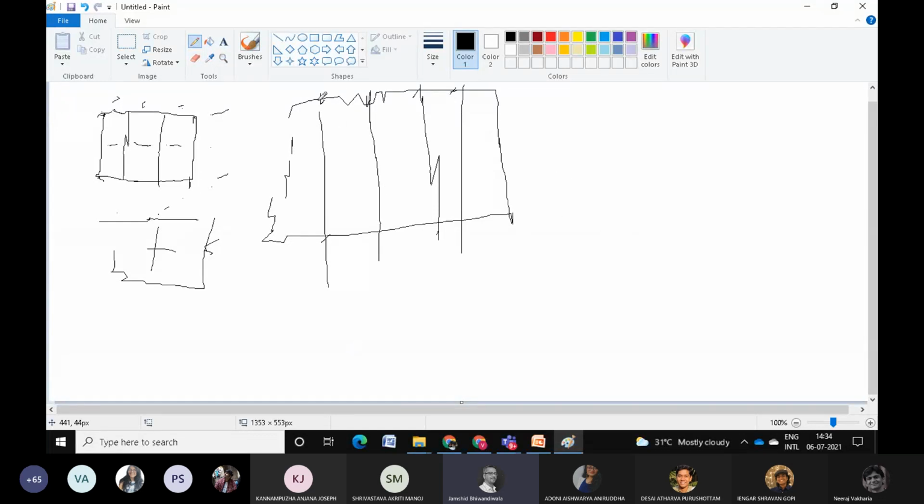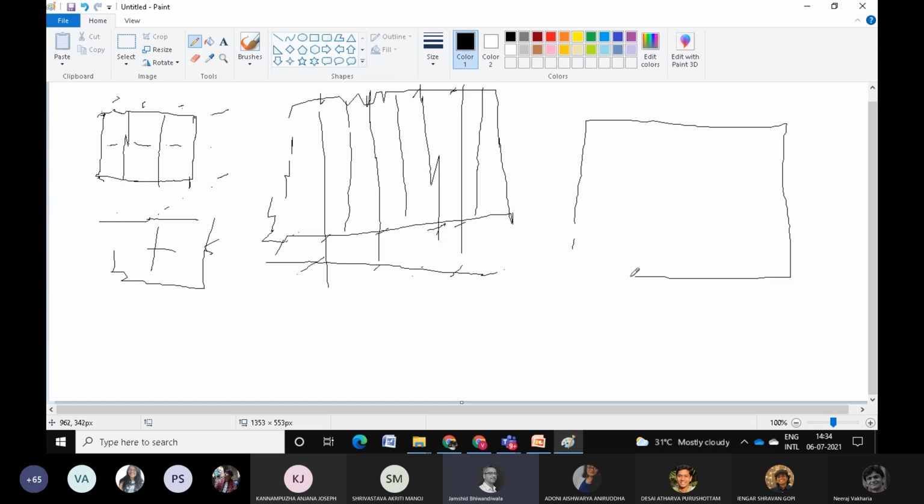So the first option is that I am in a position to put columns on the corners, and preferably go for a ribbed slab in some sense, whereby my ribs can go in one direction. These columns can afford to be in the shorter direction in some sense. That's what a rib slab does. So these columns can afford to be in the shorter direction.